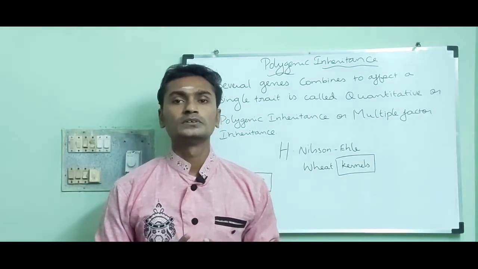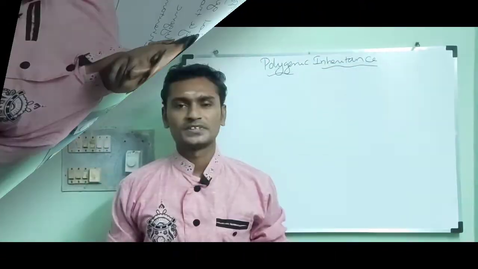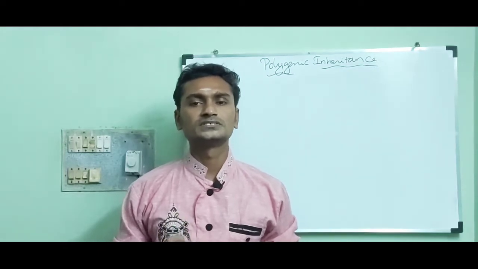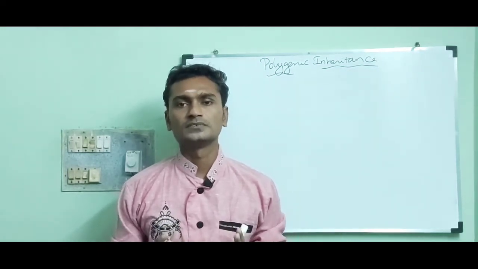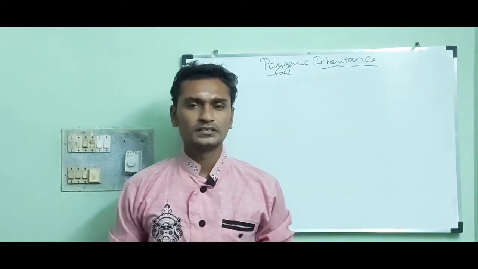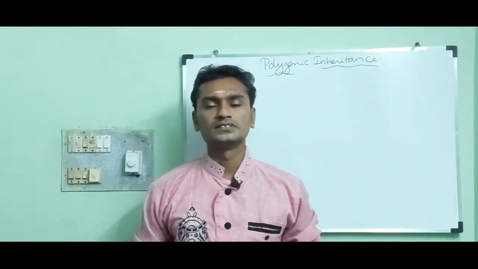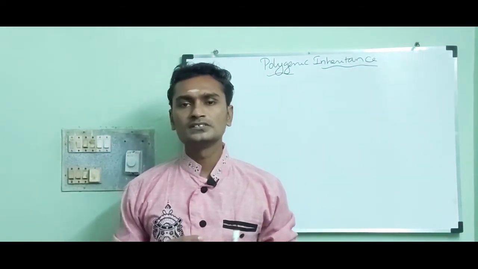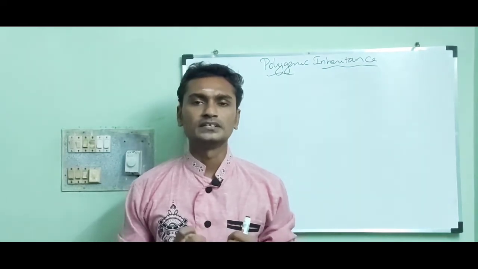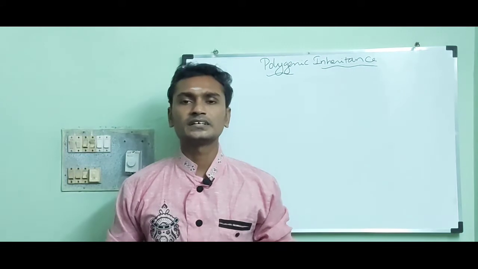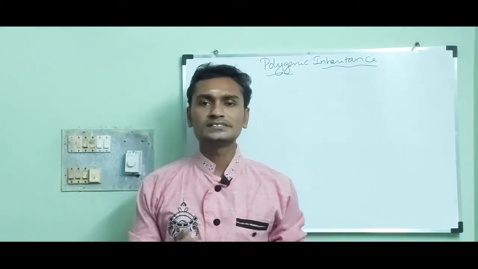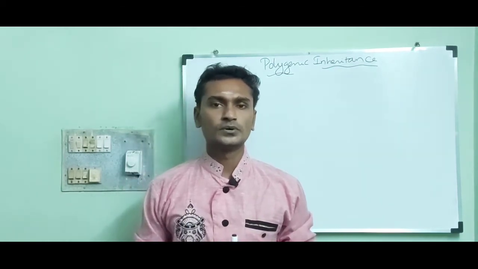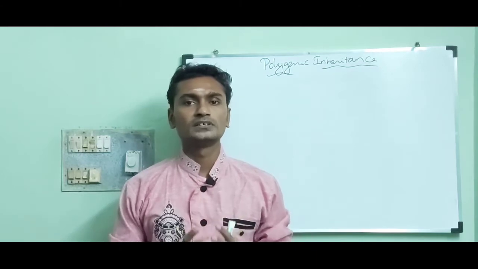Now I am going to explain the cross. First of all, I am going to give a shortcut to predict the phenotype and genotype of the F2 generation. How can we predict the genotype and phenotype? In polygenic inheritance or quantitative inheritance, we are able to find 2 extreme values. In between these 2 extreme values, we can find the intermediate value. In the case of wheat kernel color, 3 genes are responsible for the color.